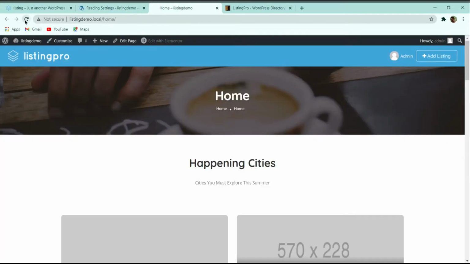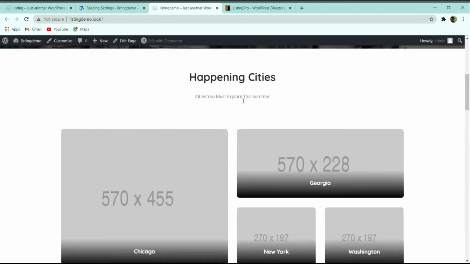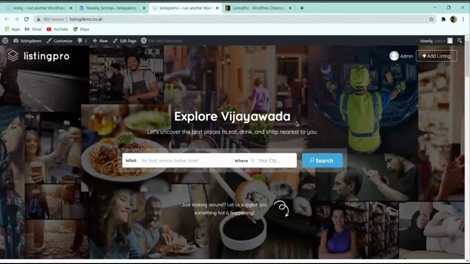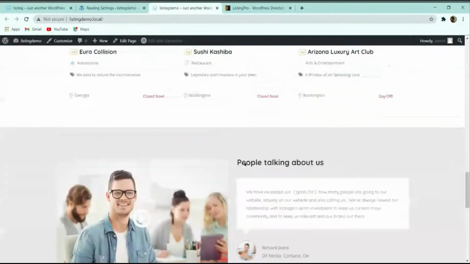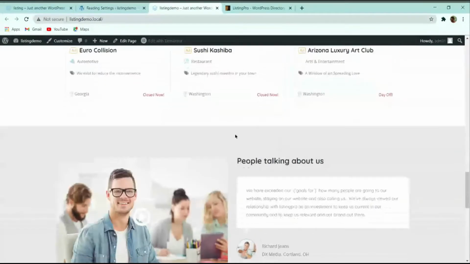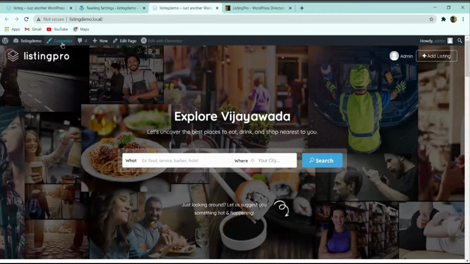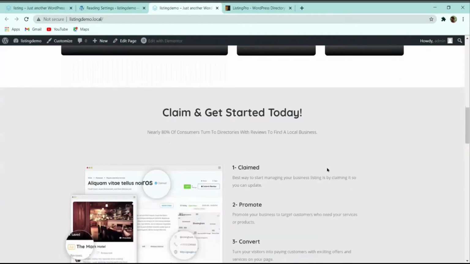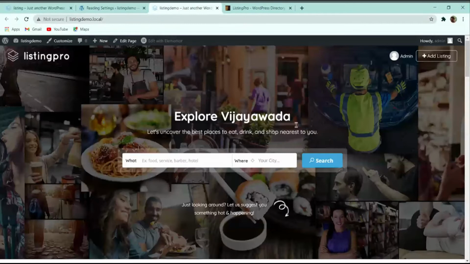After that, now let me refresh it, and here you can see that whenever someone visits, it is the default theme, and the home page will look like this only. So now let me tell you how to add listings over here, and then how you can customize all these things. So now let me delete all these things from here. After that I will tell you how we can add everything.